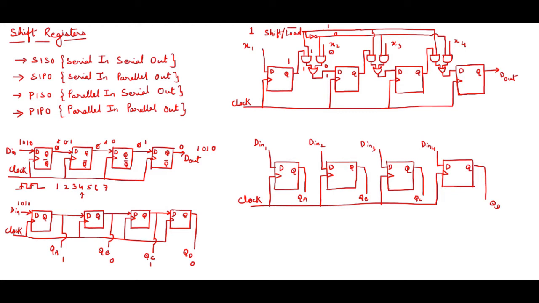Now let us say I want to take this 0 inside. So what I will do, in place of 1 I will give 0. The moment I give 0, no doubt the clock will work over here. What will happen? This becomes 0 and this becomes 1. So I'll get a 1 over here, and I'll get a 0 over here for the shift part. Then this 1 will appear over here. Now 1.0 is 0, I'll get 0 over here, and 0.0 is 0, so 0 plus 0 is 0, I got a 0 over here. See, when I'm giving 0 over here, the data is getting loaded. When I give 1 over here, the data is getting shifted.